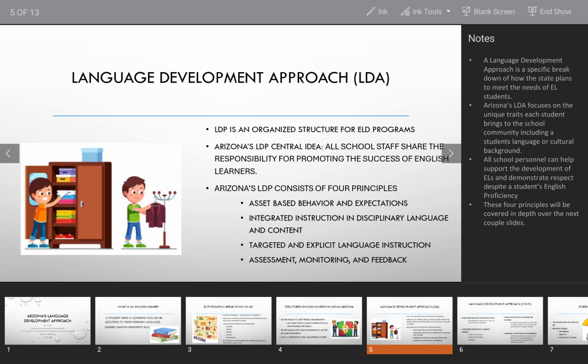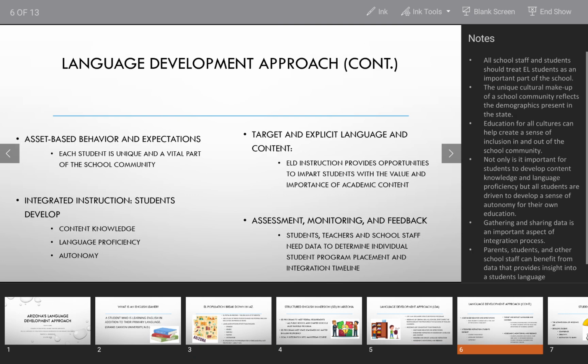The 4 principles of Arizona's language development approach are asset-based behavior and expectations, integrated instruction of disciplinary language and content, targeted and explicit language instruction, and assessment, monitoring, and feedback, which we will go over in more detail in the next few slides. So asset-based behavior and expectations is